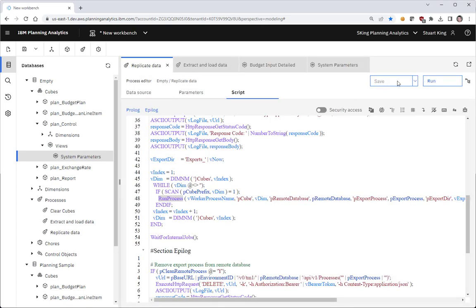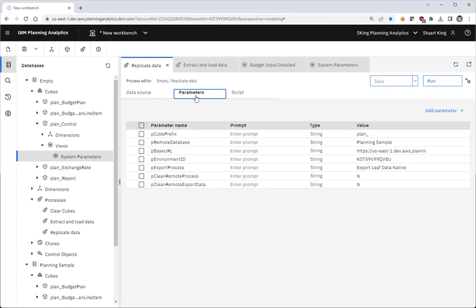So one other thing I guess I'll point out here, right? This does have some parameters. It can be configured. In this case, it's being told to work against all the cubes with plan _. I do provide this the name of the database that we're pulling data from, the URL for my AWS environment, an ID for the specific environment that I'm working in within my AWS instance, the name of the Turbo Integrator process that I'm loading remotely into the planning sample database, and then these flags that determine if I'm going to clean anything up. So I'll go ahead, I'll run this,